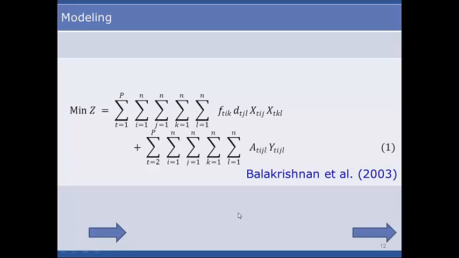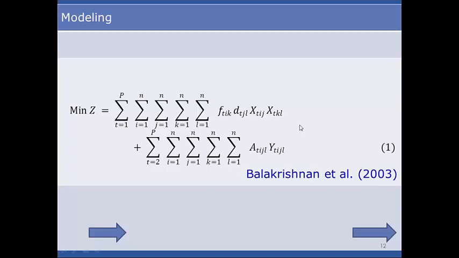So initially I have shown you the original objective function given by Balakrishnan. When we consider the time period, means for one time period the machine sequence will be like this. In the second time period, as per the condition of the jobs, as per the number of pieces, as per the requirement of the market, again in that time period the layout of the machines is changed. So considering this time period, the objective function has been modified and it was used from Balakrishnan et al. It was given in 2003 by Balakrishnan.